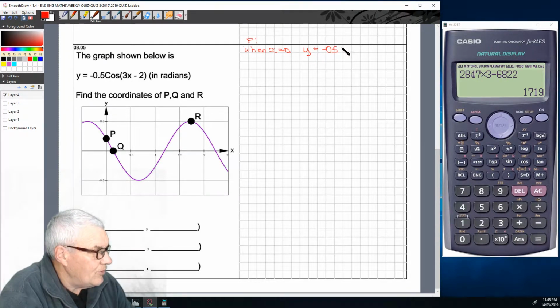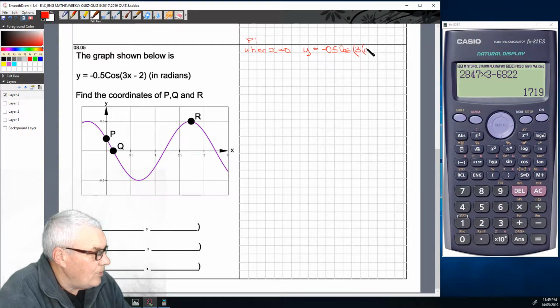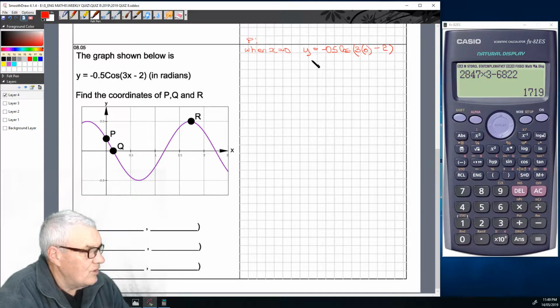Okay, minus 0.5 cosine bracket 3 times 0 minus 2. And remember that this is in radians. So that equals 0.5 cosine negative